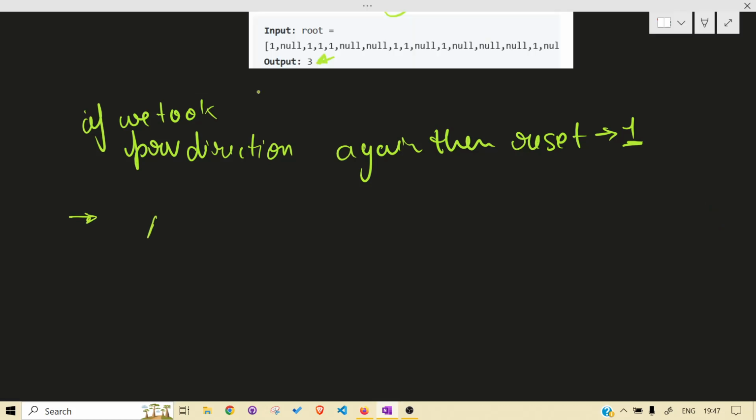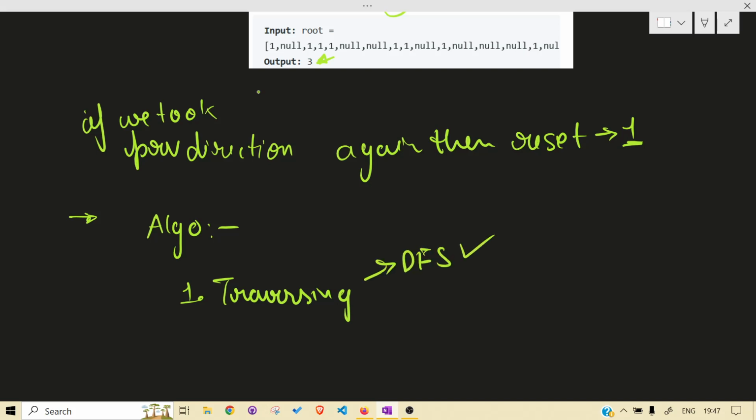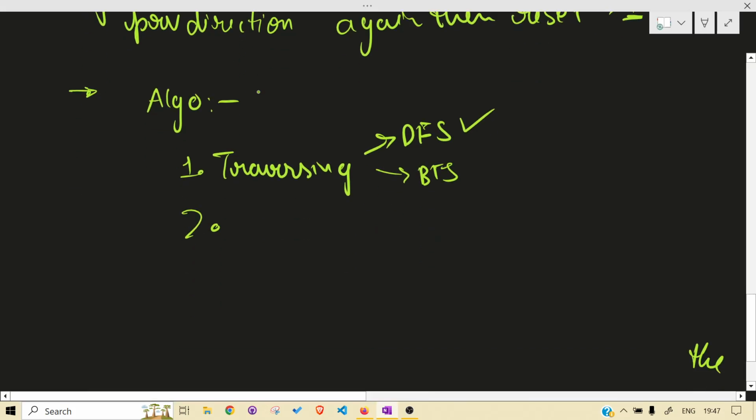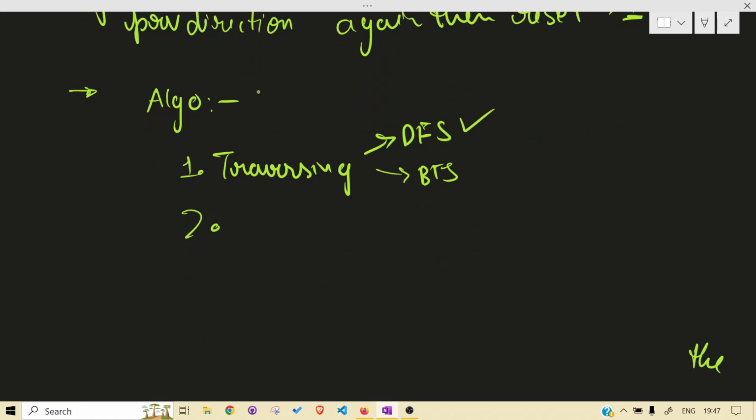So what is the algo? We will be traversing it. You can take DFS and BFS. Particularly we will be discussing DFS. After that you can write BFS. That's up to you, but DFS is easy and intuitive. You can reproduce that in even an interview also. And we will take left and right call because we don't know which one will fetch us the maximum,